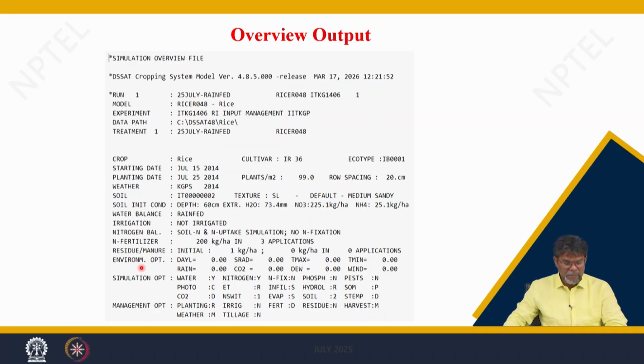Then the environmental optimum and simulation optimum are as you specified in the model. So, this gives the input information and the desired output you want, the simulation output, management outputs, or the input you have put here, that you can see here. We have shown only treatment 1, the rain fed one, planting on July 25, and this is not irrigated, so rain fed conditions here.